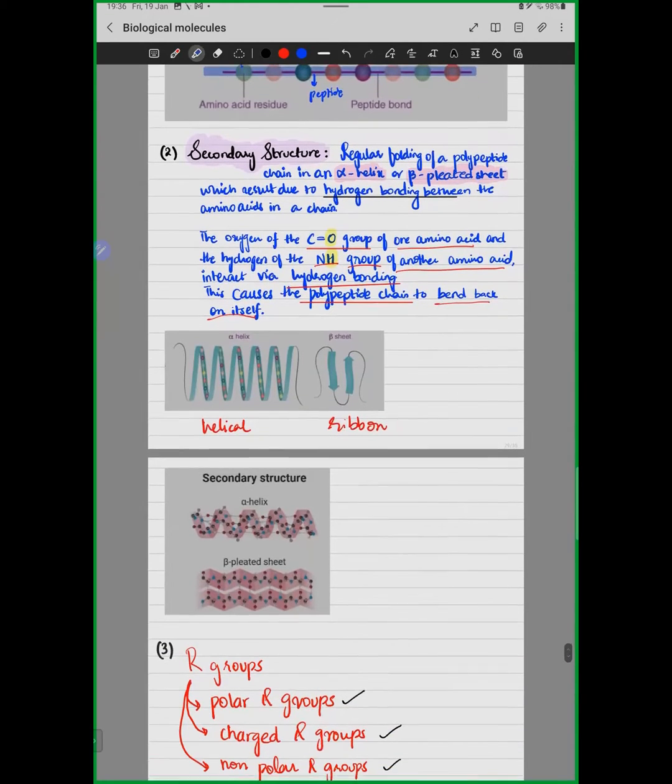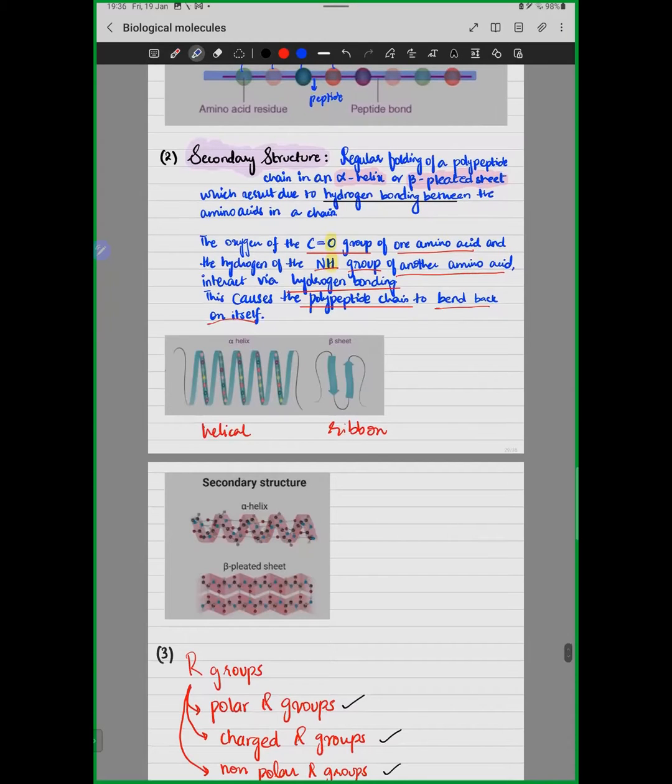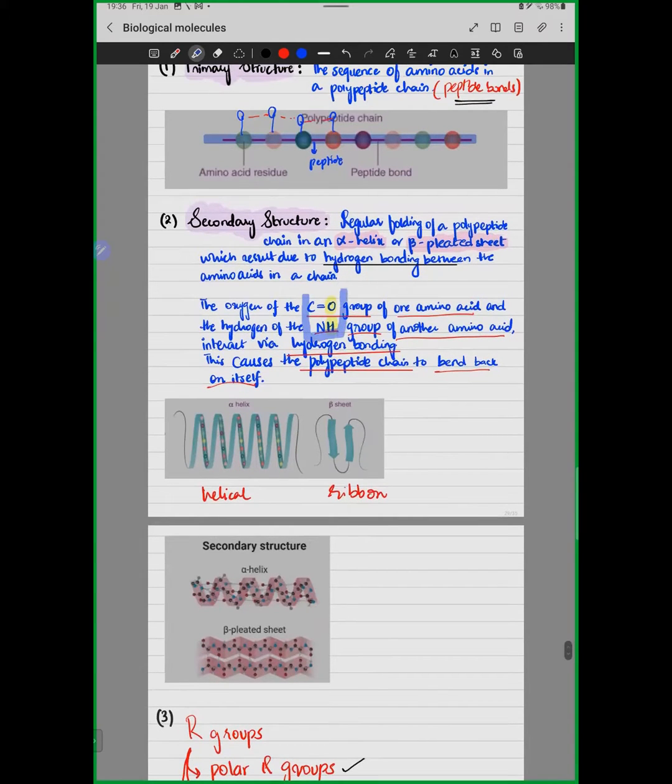Then, when we were talking about the secondary structure, we understood that the amino acids within one specific polypeptide chain have C double bond O and NH groups. And we understood that when hydrogen and oxygen interact via weak interactions, that type of bonding is hydrogen bonding. So when the C double bond O oxygen of one amino acid and the hydrogen of the amino group form weak links between them,